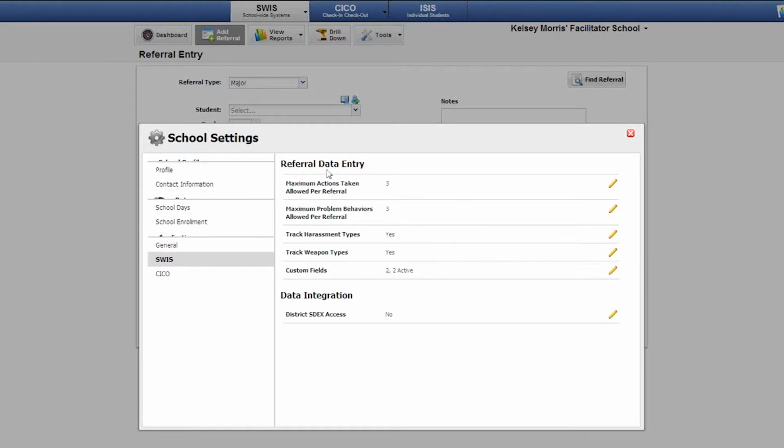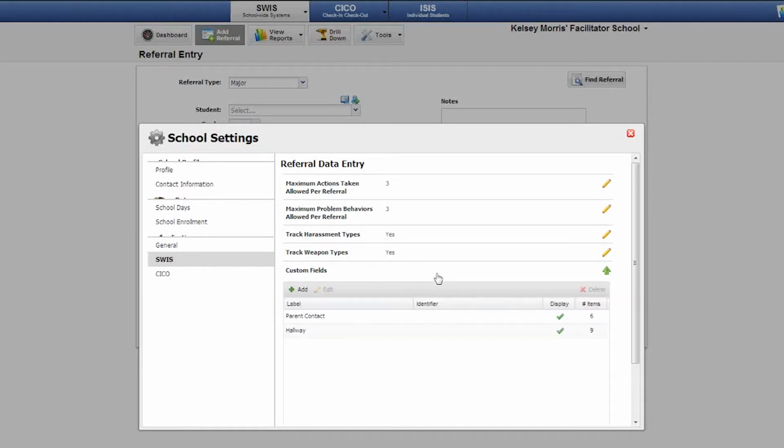Now I have the referral data entry header and the different options that exist to modify my referral data entry screen. This option of custom fields tells me that I currently have 2 custom fields and 2 of them are active. I can click on the pencil icon or I can click anywhere in the row to open up the